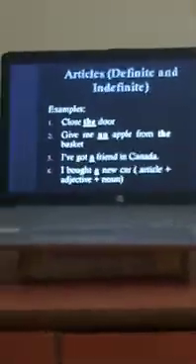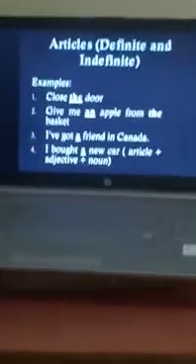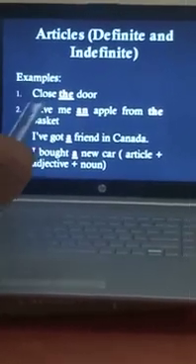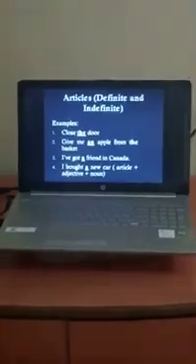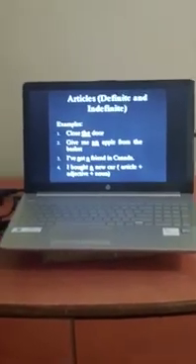First, we will see articles. Two types of articles, definite articles and indefinite articles. Okay? Example, close the door. Pick out the determiner. Then what is the answer, children? The is the determiner. Close the door. Door is a noun. So always you should think that determiner comes before a noun.